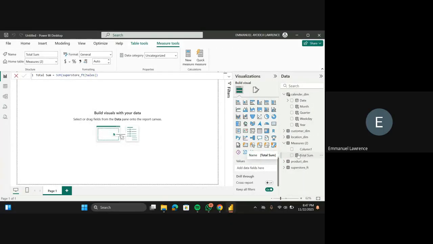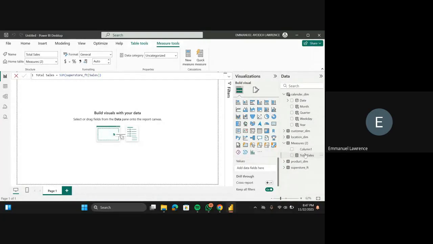Now I want to create a folder and store everything total, because I'm going to be creating total sales. Sorry, it's a mistake. So I'm going to create a folder and store anything that has to do with total, just to make your work look very organized and easy to locate when you're looking for things. I'll create total sales, total profit, total revenue, total orders, just a few of them. So I'm going to show you how to put all of those into a folder so that you can easily locate them.